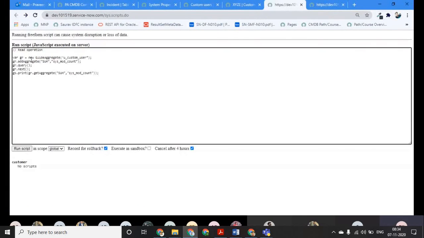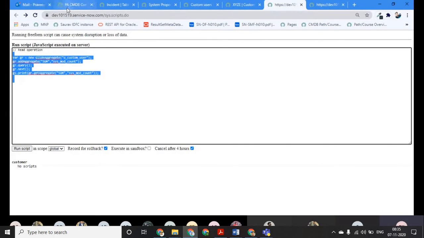Okay, so guys, right now I am also having some issue with this, so I will check it and then I will let you know. So tomorrow we can have a separate session on GlideAggregate, guys. For today you can skip this part, because I also have not used it myself for a long time. So tomorrow I will cover everything about GlideAggregate completely.